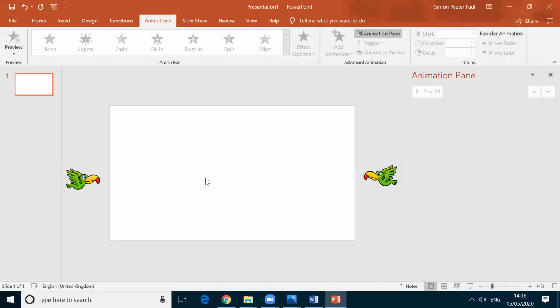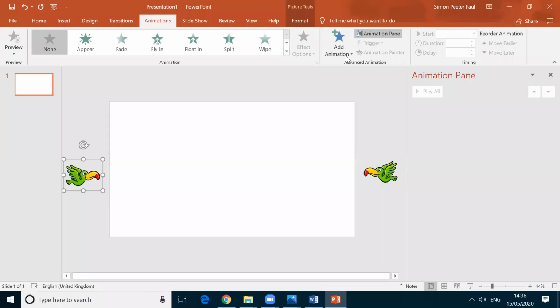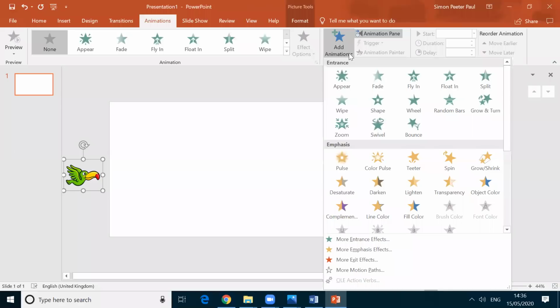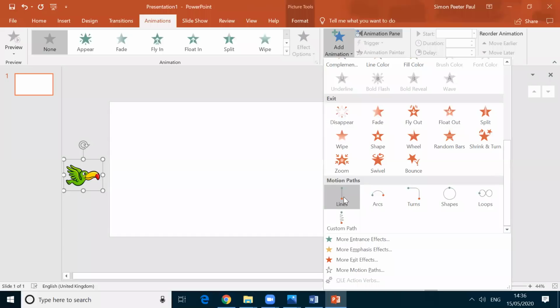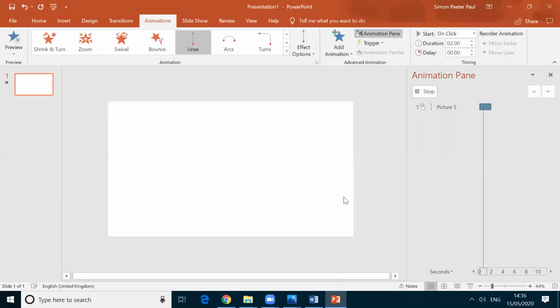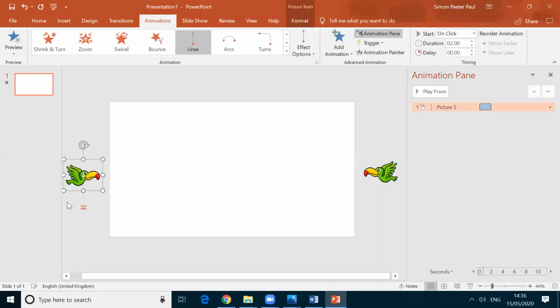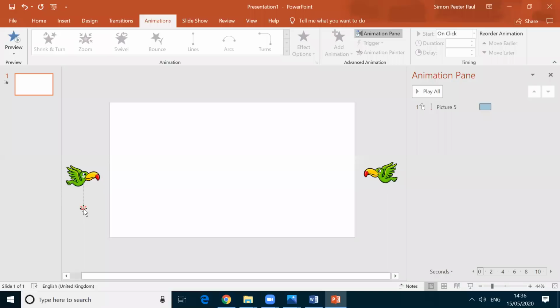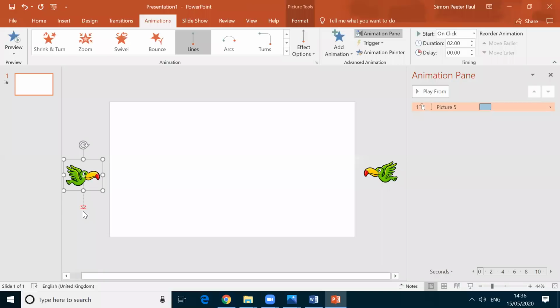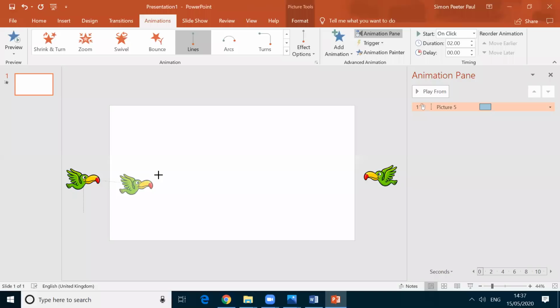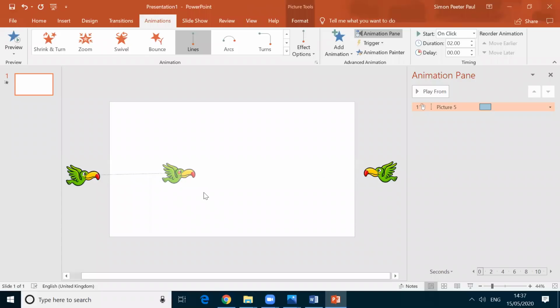You all know that to add animation, first you have to click on the image and click add animation, and I'm scrolling down. Here the line is given. I click the line. Here I click here, and then I'm clicking here. I want to move this one to this position. Right.